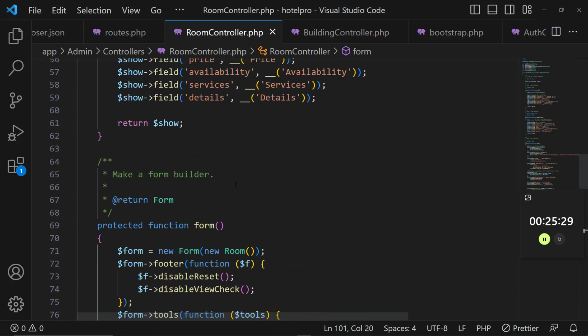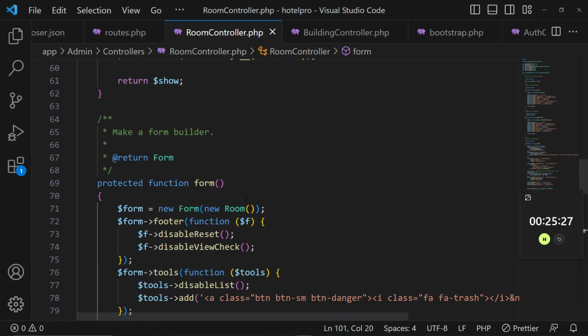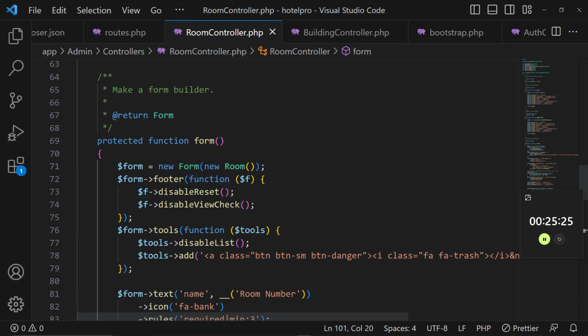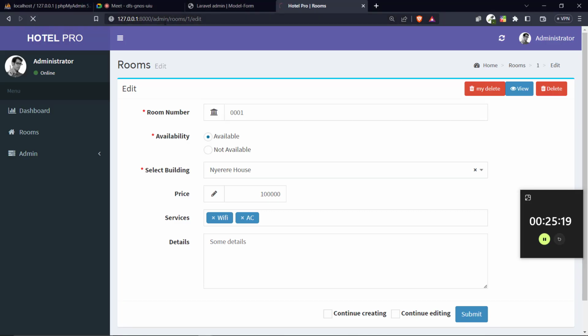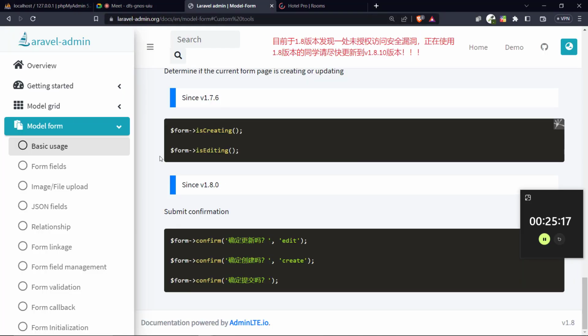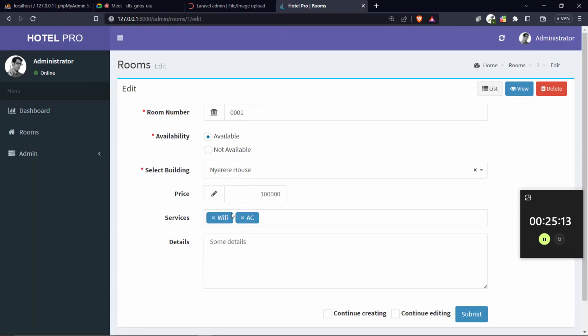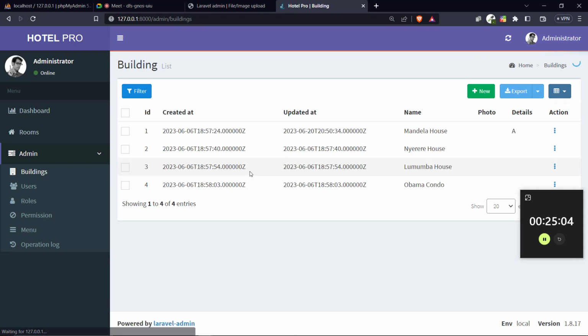Let me come and comment this out. Okay, so there we go. So what I'm going to do now, I'm going to see how we can add an image. Assume that this room, we need to attach a photo. So we first of all have to make sure that the room has a photo field. Which one had a photo? I think